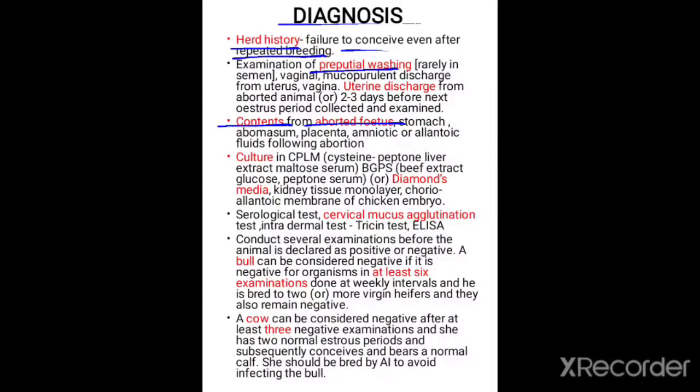amniotic or allantoic fluids following the abortion. It can be cultured using CPLM media, which is nothing but cysteine, peptone, liver extract, maltose, serum, or Diamond's media, and serological tests such as the cervical mucus agglutination test and the intradermal test, that is called the trichomonin test, and also ELISA can be employed